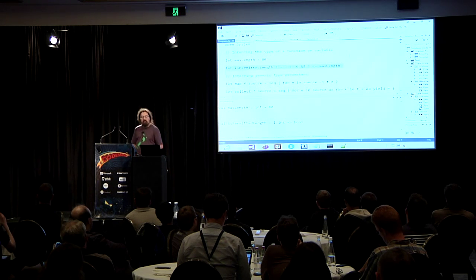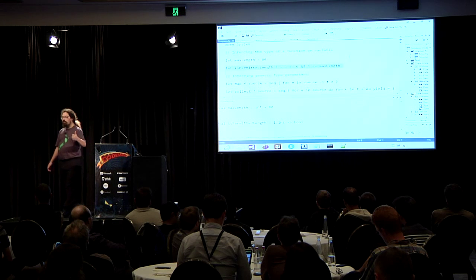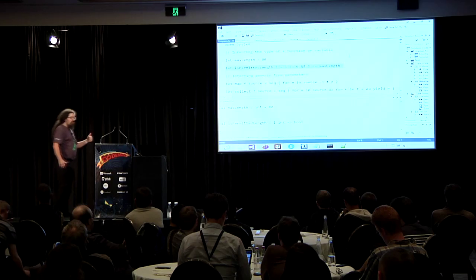The F# compiler can look at the body of the function. It can go, well, you're comparing L to an integer, so L must be an integer. And the way that function works is you're doing a couple of comparisons, each of which is going to return a Boolean, because I know what those comparisons do. You're going to AND them together, which takes two Booleans and makes another Boolean. So the output's going to have to be a Boolean. You don't need to tell me anything, I'll figure it out for you. I'm your friend. And it just does it. It's much simpler.